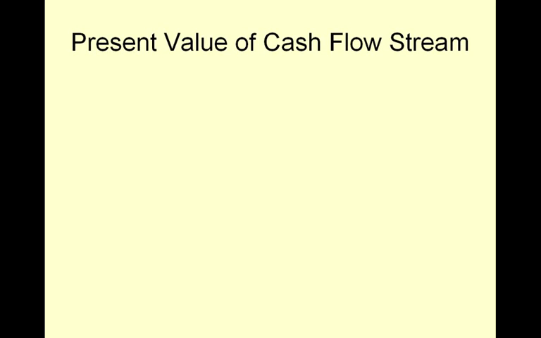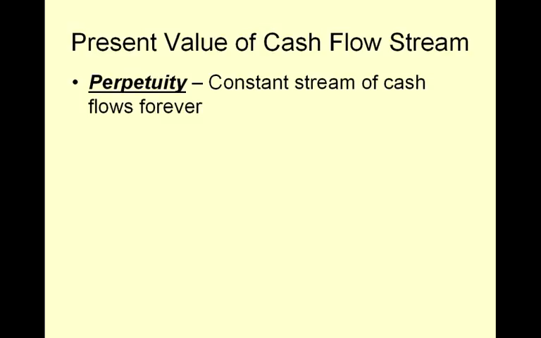The previous slide presented the present value of a general stream of cash flows, or maybe more accurately, presented a general expression for the present value of a stream of cash flows, where the cash flows can take on any values in the future. In the next few slides, we want to cover some special cases for cash flow streams. The first one I want to cover is the notion of a perpetuity, which is defined as a constant stream